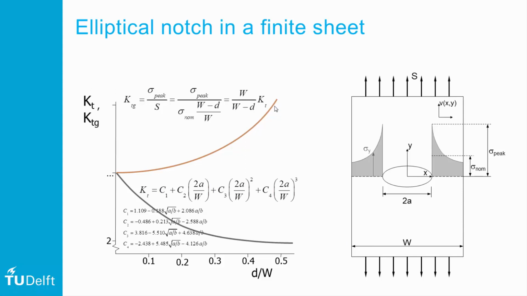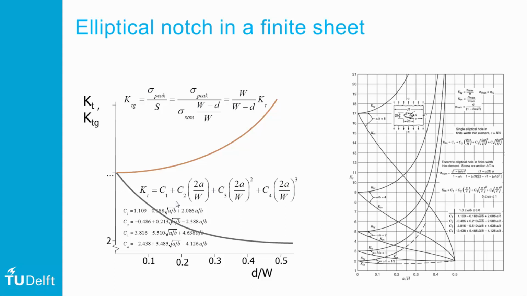Now if you look at handbooks or textbooks that give you relationships for this, you can immediately recognize that this is a very empirical description. You have all those empirical relationships based on the dimensions of A over B. You can find the corresponding constants C1 to C4 and you fill in the equation, you can calculate the stress concentration factor. That basically means you either work with those empirical relations or you simply look it up in a graphical chart, as you can find for example in a textbook like Peterson.